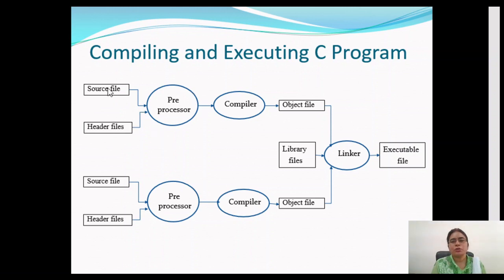The preprocessor processes this source file and the header files and produces expanded code, which is passed to the compiler. Now this compiler converts this processed code to object code. This object file and the library files corresponding to all these functions, and again the object files produced by this sequence, are all passed to the linker, and now this linker links these object files to produce the executable file. And now this executable file can execute and perform the task for which we have made this program. Okay.